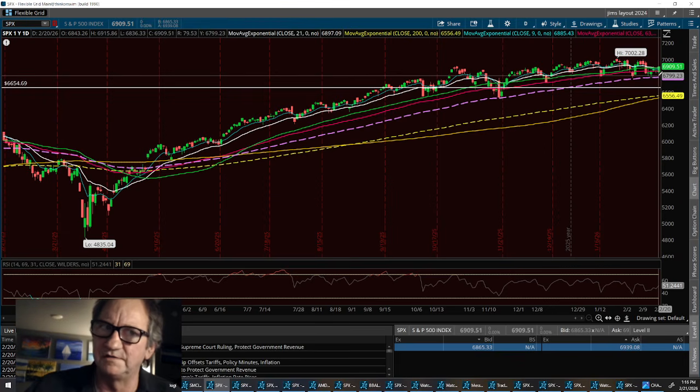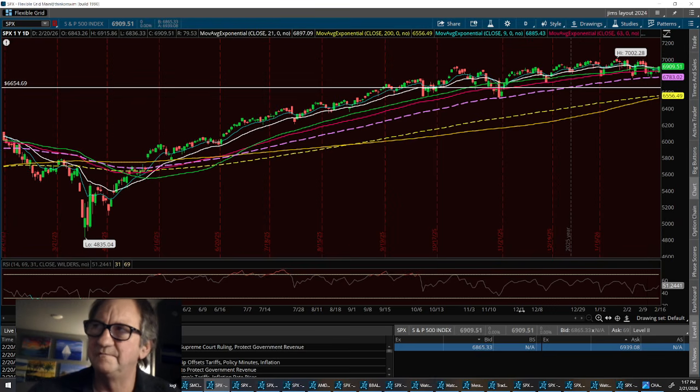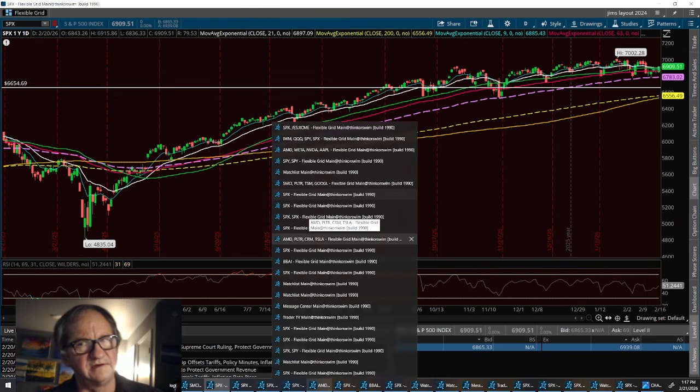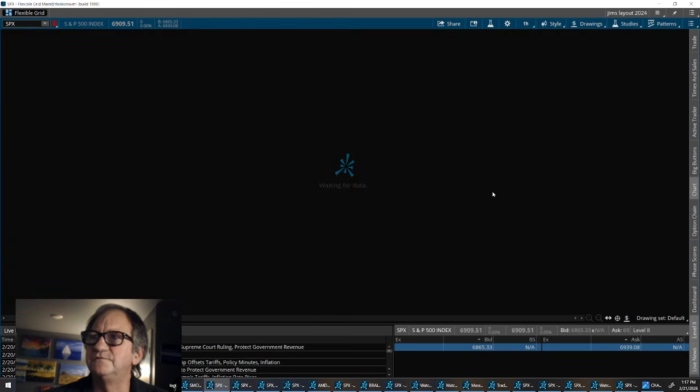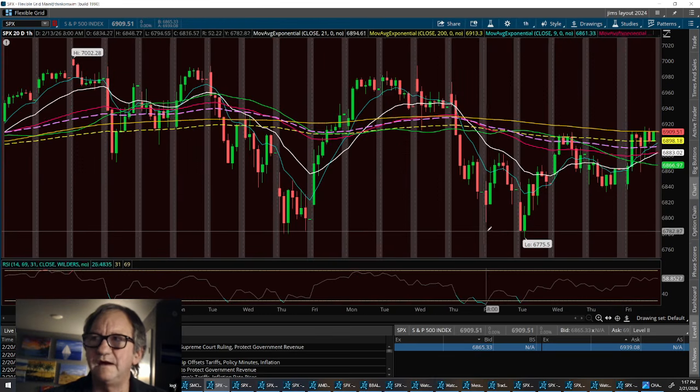We got to go back and look at the yearly and the weekly and the monthly and just kind of get some kind of idea. Zoom out when you're in doubt. Then I'll take it to the hour. So here on the hour, we got a double bottom